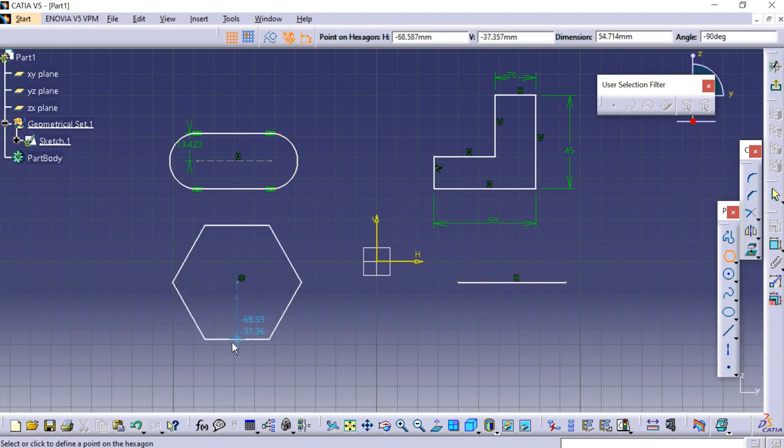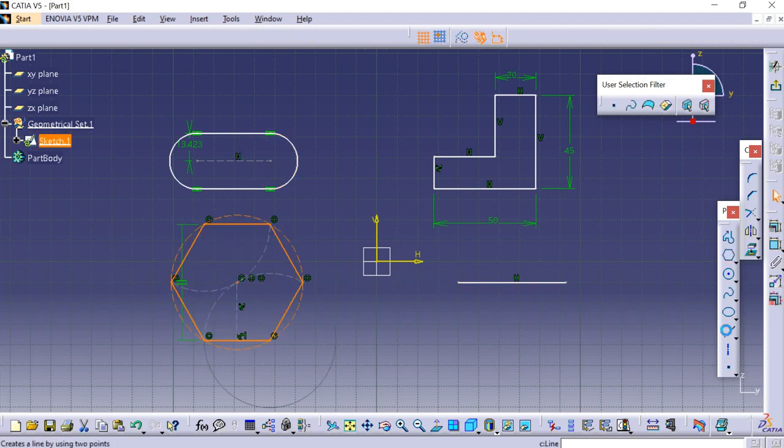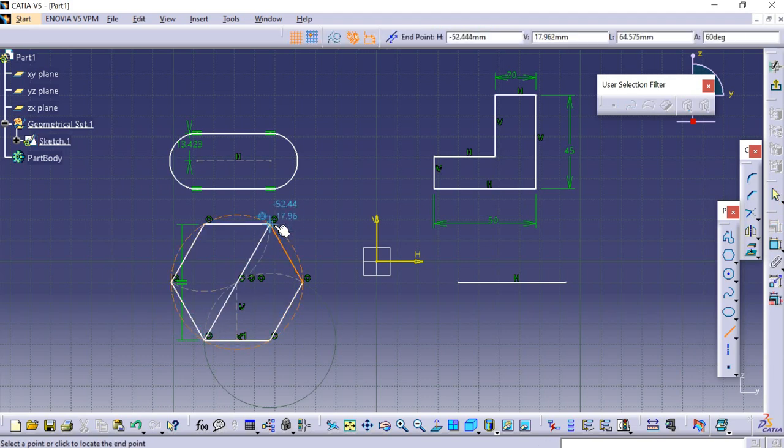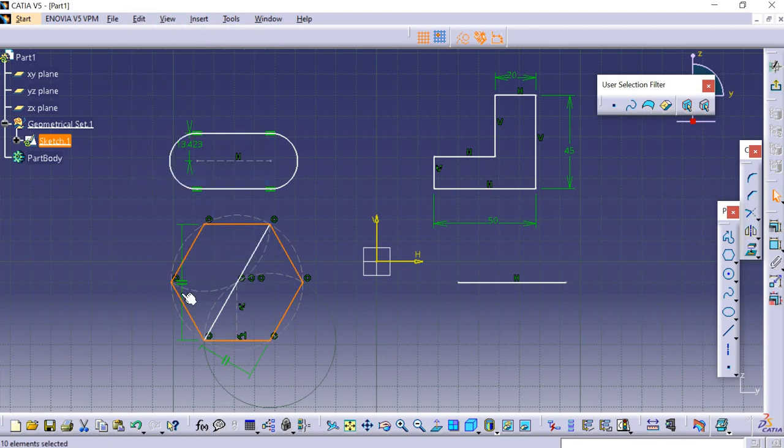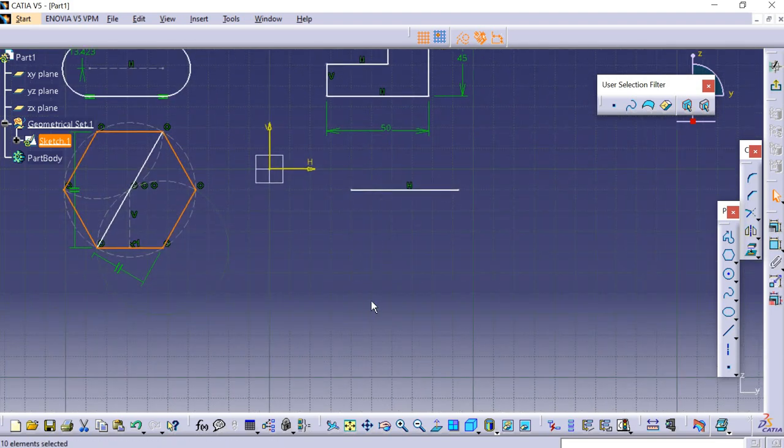Imagine we have a hexagon and a line from here to here. Now we can select this, edit, auto search. You can see just the hexagon has got selected but not the line in between because the profile is in hexagon. Now for editing a spline, let us draw a spline,